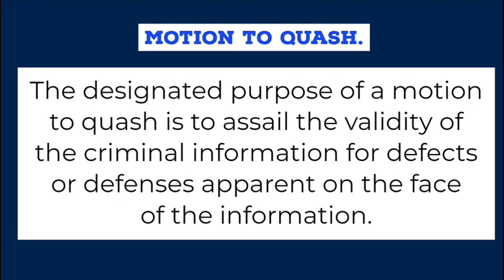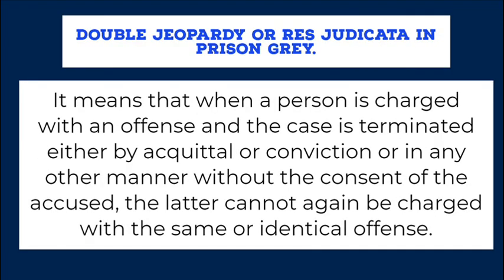Motion to quash. The designated purpose of the motion to quash is to assail the validity of the criminal information for defects or defenses apparent on the face of the information. Double jeopardy or res judicata in prison gray. It means that when a person is charged with an offense and the case is terminated either by acquittal or conviction or in any other manner without the consent of the accused, the latter cannot again be charged with the